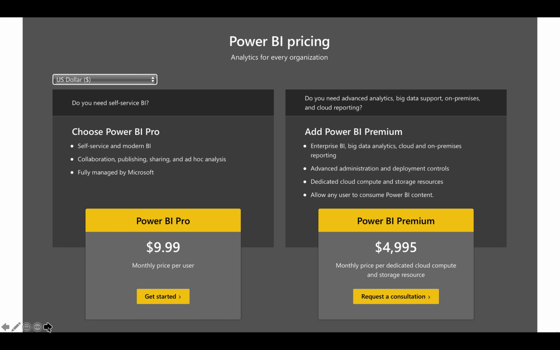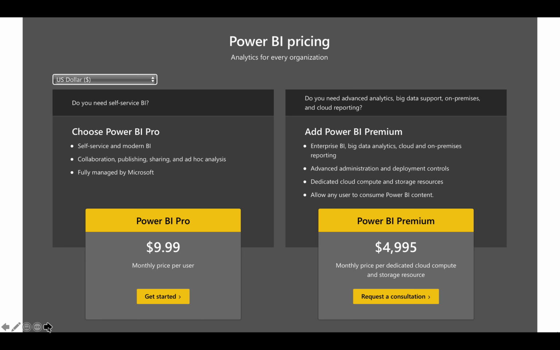Power BI pricing in US dollars. You choose Power BI Pro. It's a self-service and modern BI, collaboration, publishing, sharing and ad hoc analysis, fully managed by Microsoft. Power BI Pro is $9.99